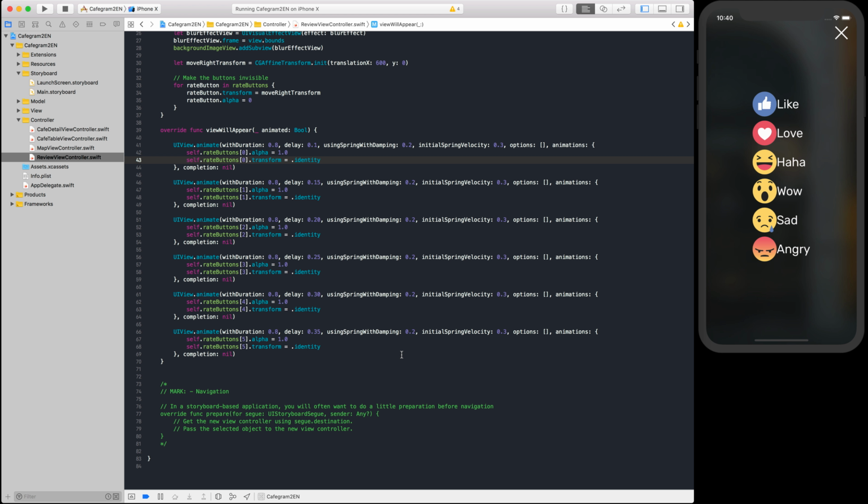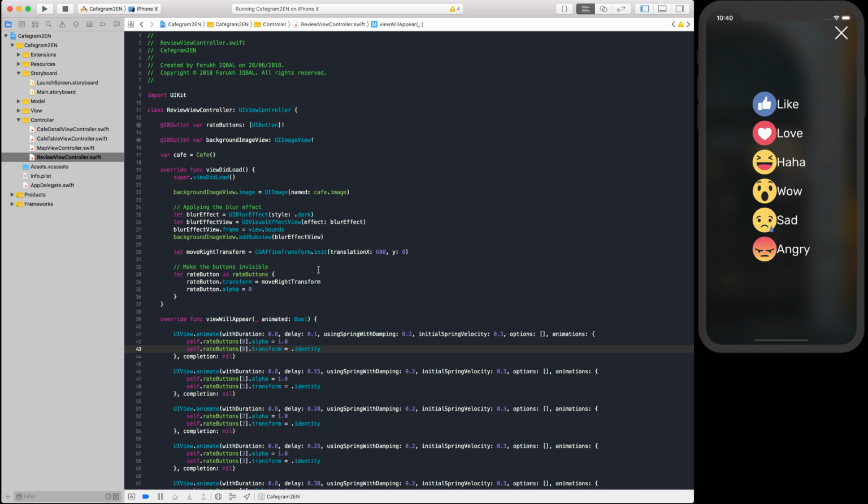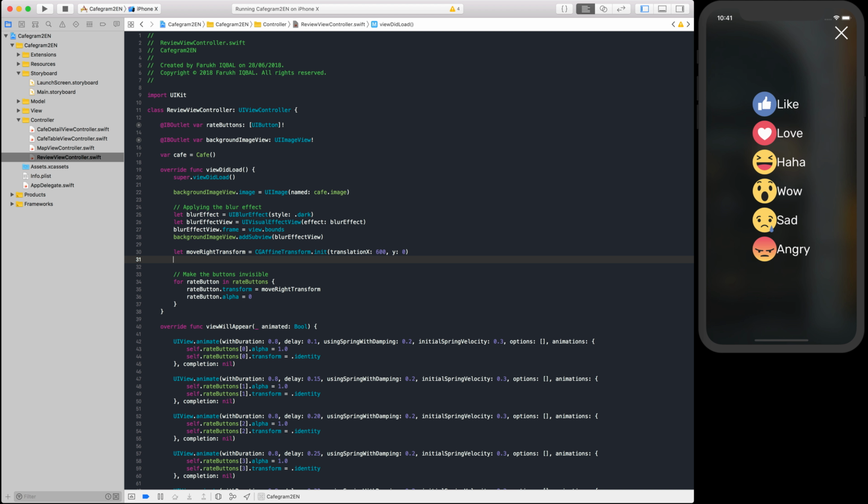Now that we have implemented the translate transform for the rate buttons, wouldn't it be great if we can add a scale transform to them or create some amazing animation? In the viewDidLoad method, replace the following code. Okay. So here we are going to add two other lines. Let scaleUpTransform, oh gosh, transform to be equal of